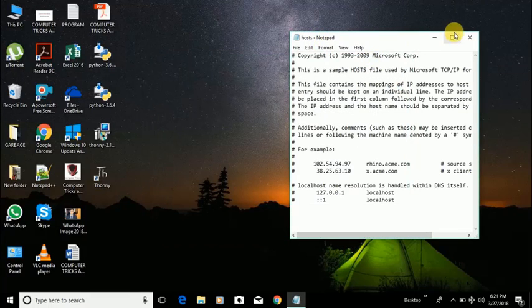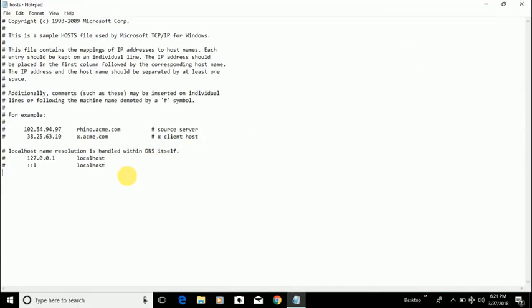Then you can see the host file content will open in Notepad. These are the scripts which are already defined by the operating system. Don't make any changes in these scripts. Leave them as they are. Go to the last row here, press the enter key, and just type an IP address which is 127.0.0.1. This is the localhost IP address, and after typing this IP address, just give a space and then